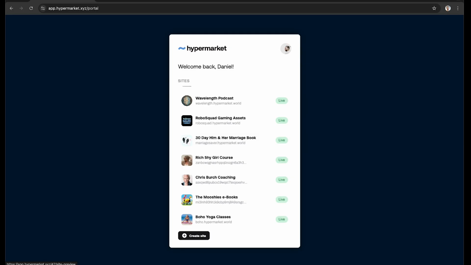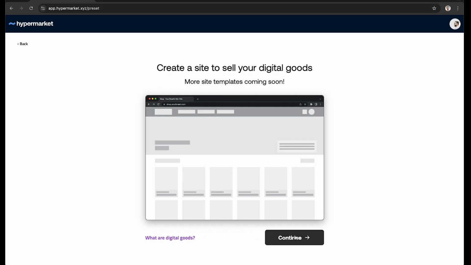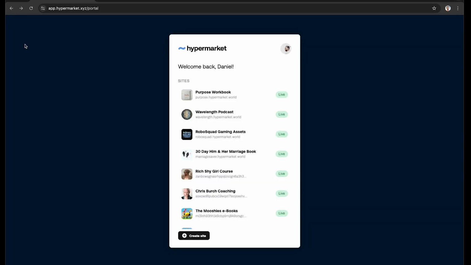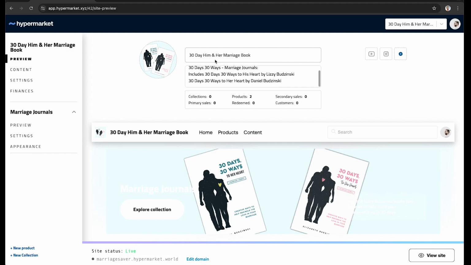So in order to do that, we're going to hit create site, continue. You're just going to plug all your information in. Since I already have that created, I'm going to just go to this. I've already plugged in all the information, which I just showed you on the previous screen. So now